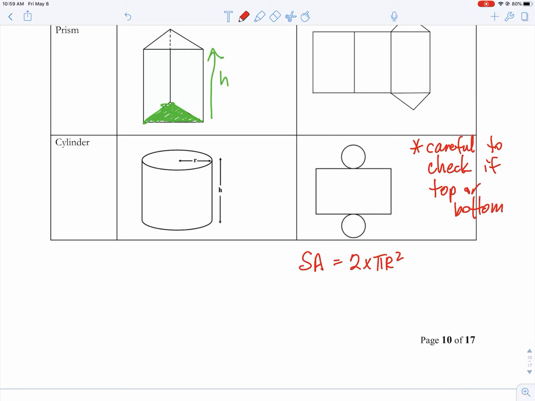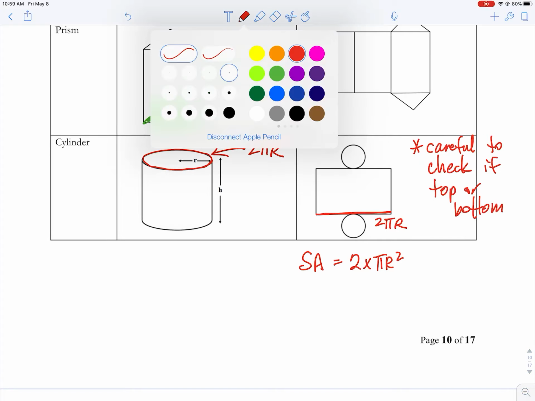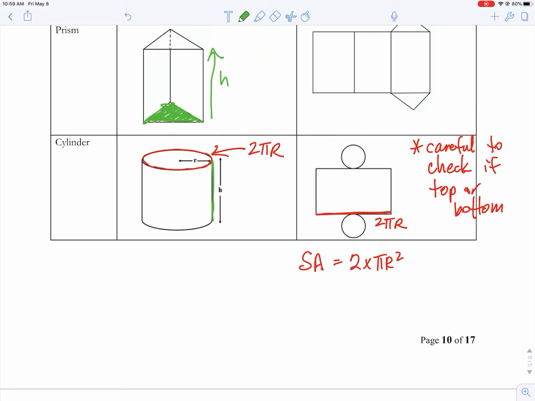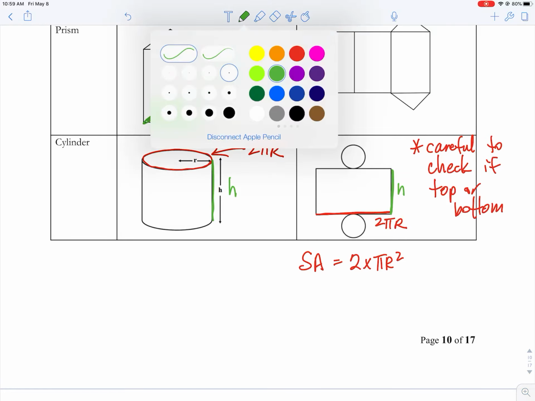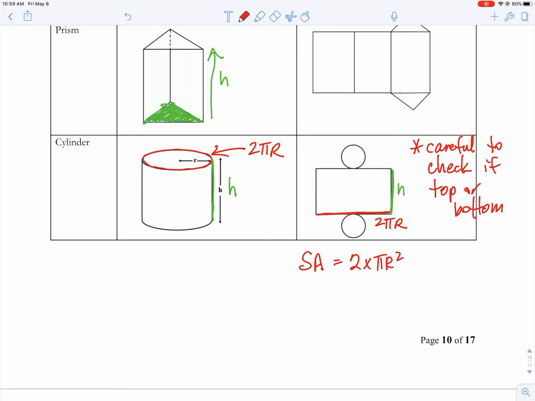And then in the net, the rectangle goes all the way around that circle, and we know that the circumference is 2 pi r, so that means that's 2 pi r. And then in the unfolded one, this is h. So for surface area, I've got the two circles, plus the area of that rectangle, which would be 2 pi r